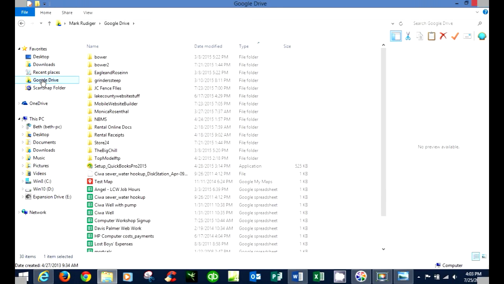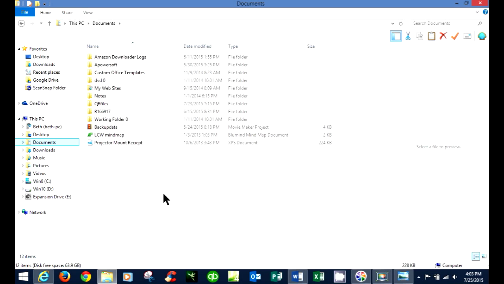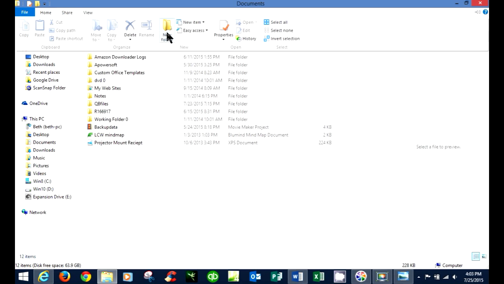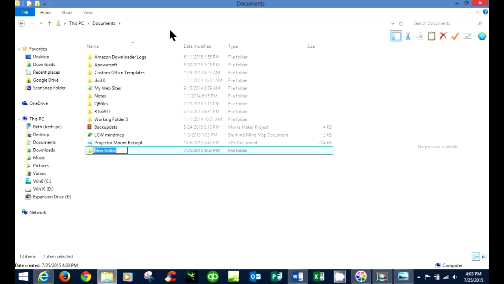Real quick. If I want to create new folders, because that was one of the problems with some people, creating new folder and then new folder and then new folder. So if I'm on, let's just go to Documents and say I want to do my taxes, put my taxes in folders. So I go to the new folder and say, let's say taxes